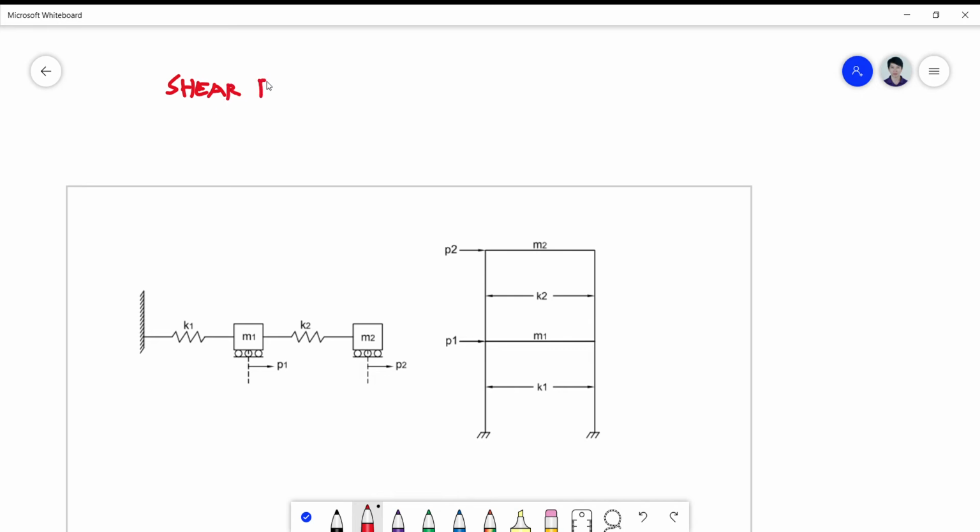The reason why they're called shear building is because the behavior is mainly influenced by lateral shear, brought about by lateral forces. Okay, so these are lateral shear, which acts horizontally, such that your beams here are assumed to be rigid beams. Okay, they do not flex at all,